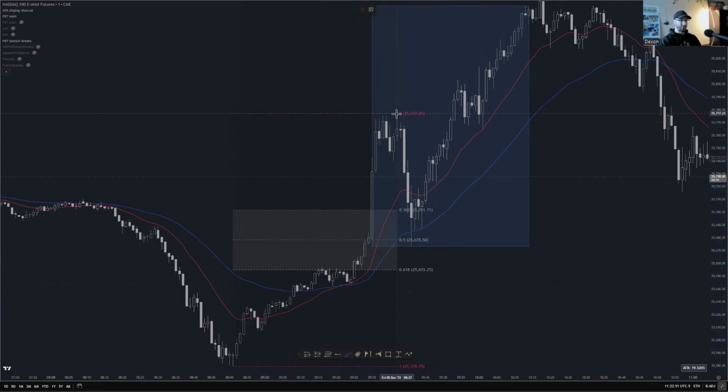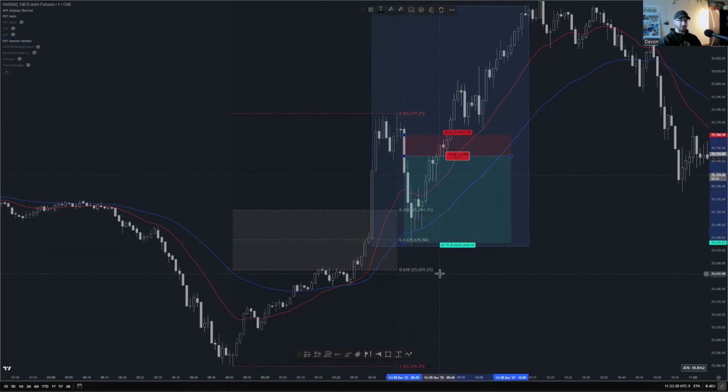So price pushed up, started pushing down. I entered somewhere here, caught the momentum. I got a little bit more aggressive with my stop loss on the way down once it reached the 382. And 618 is just the inverse of 382. It's pretty much the exact same spot, but that's the zone where price is more balanced. So we can see price reverse anywhere inside there. Price pushed down, pulled up a little bit, pushed down, hit the 50%.